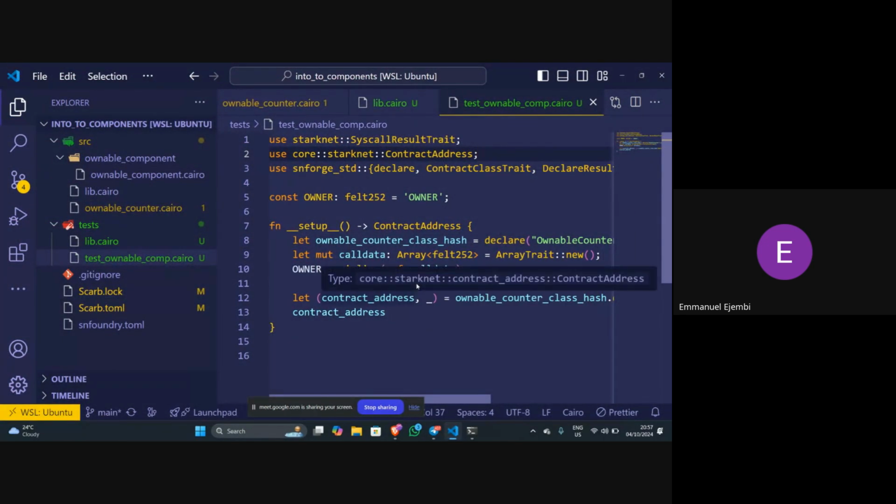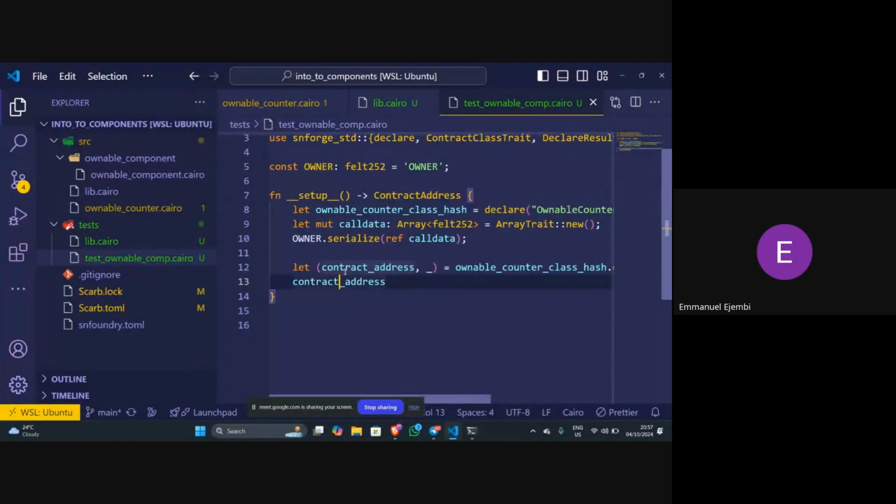Okay. So now we have successfully created a setup function for our contract. So now anytime we call this function, it will deploy our enable counter contract and return the contract address. So we can start writing tests for our components. To do that, we need to decorate it with the test attribute. Let's call this test initializer,